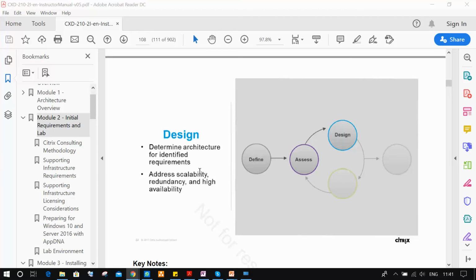And high availability means if the load is high, the load will be shared across the servers in your data center. Example, we have a web server. Let's take an example, web server. At present, only one web server is there. The web server can handle only 50 sessions, 50 connections, at a time. Users count is more.